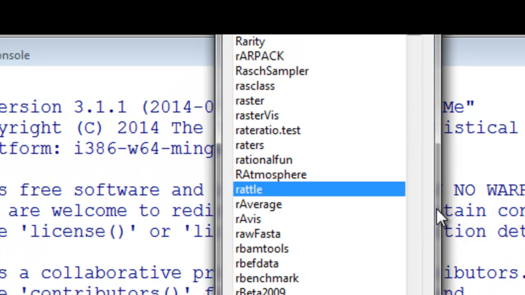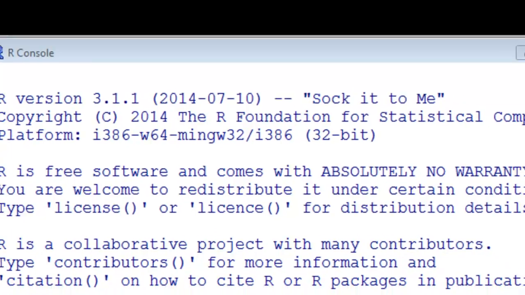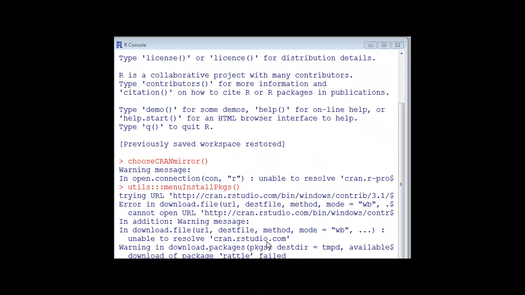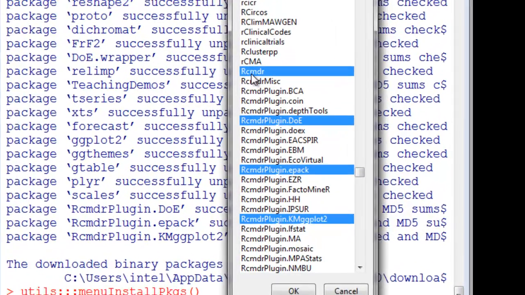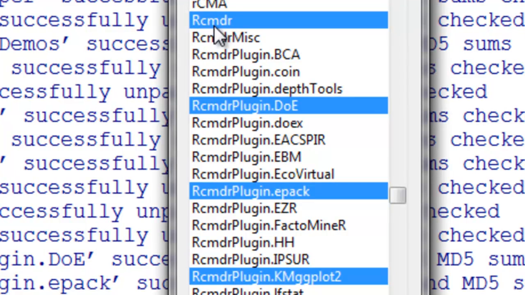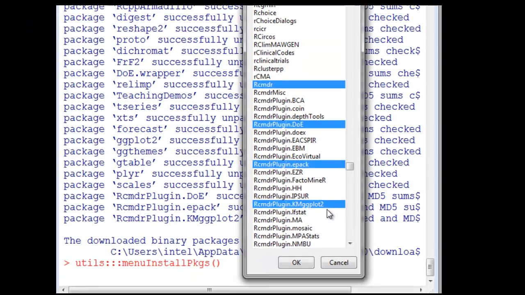For example, if I want to install the Rattle package, I select Rattle and then OK. And some more packages such as R Commander, whose name is Rcmdr, and its plugins DoE, EPE, and KMggplot2. I also installed them.